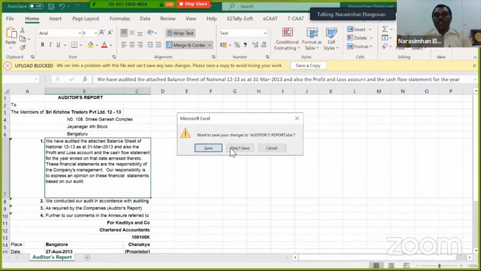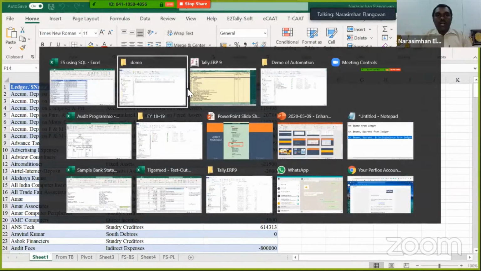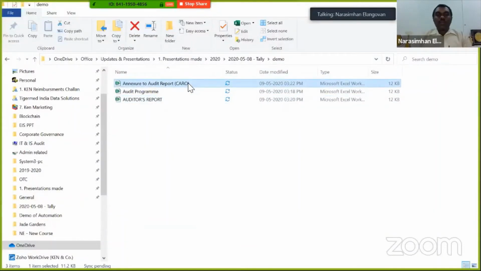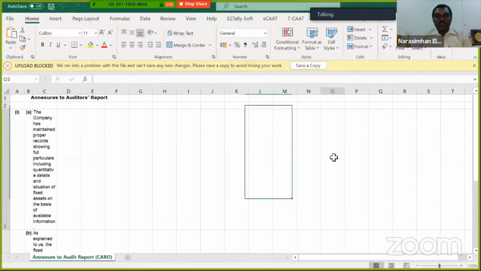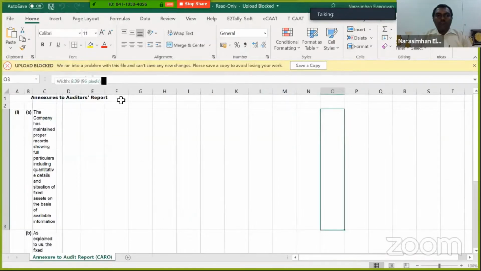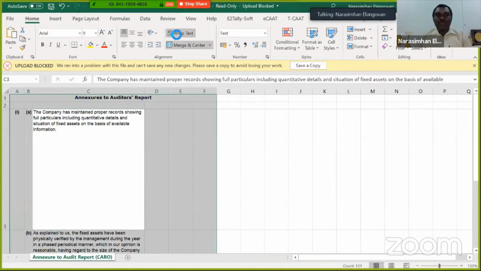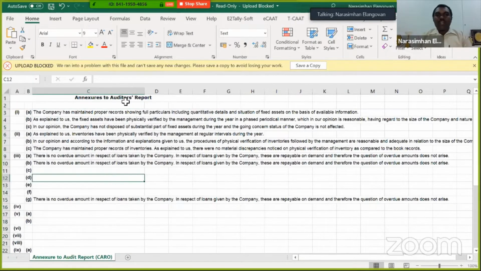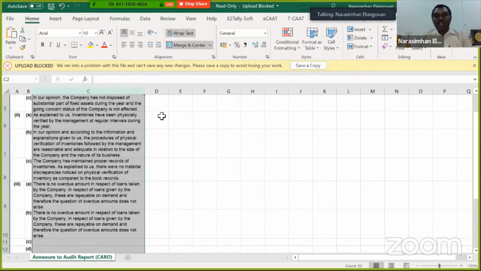Okay, so with this we have got the idea. Let's take it further. I spoke about the annexure to the CARO. Let's quickly see how the annexure to the CARO looks. Of course, formatting will definitely be some concern, but it is nothing for us to worry too much about. You can find that all these basic checklists are appearing. Your remarks also, you can put over here. So your CARO becomes ready.